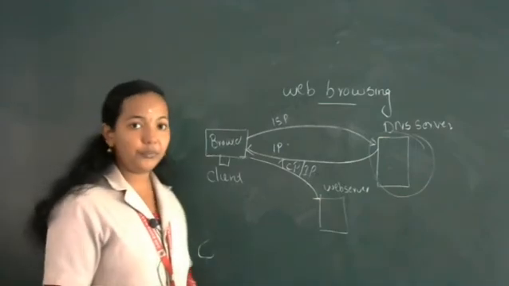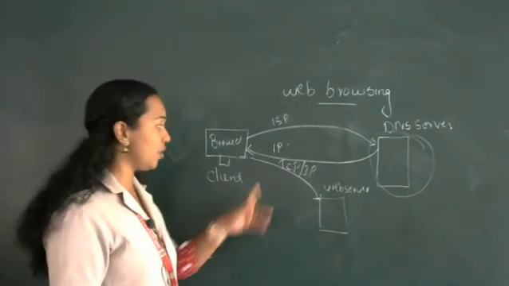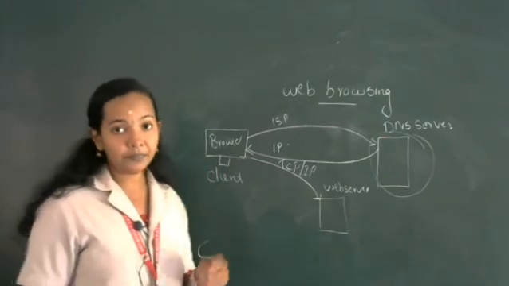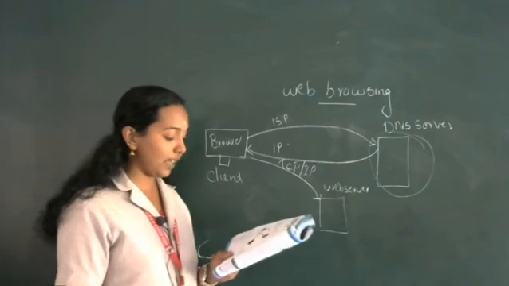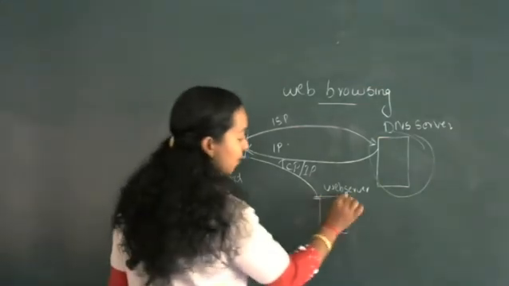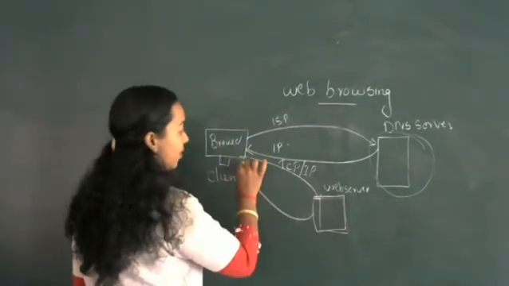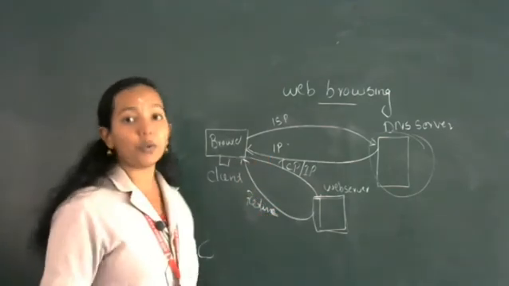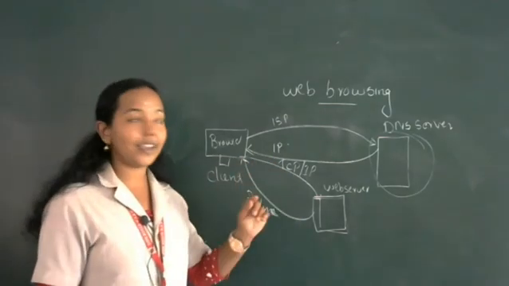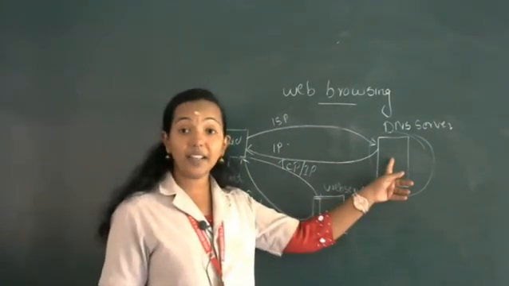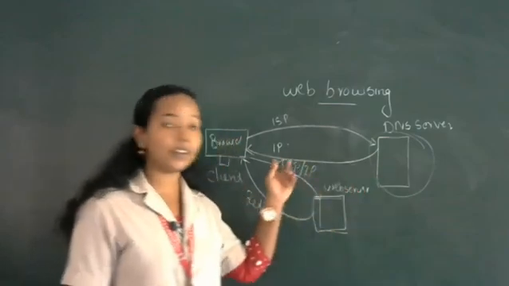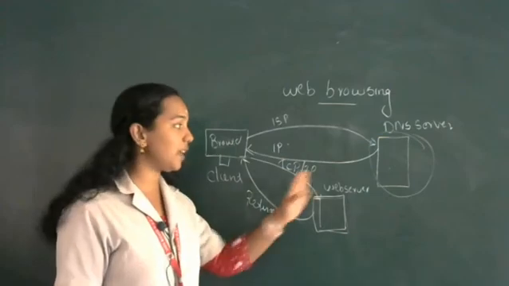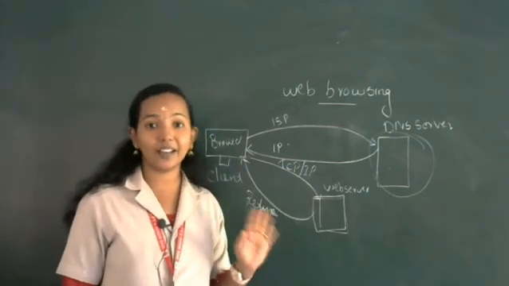That means if it is dhse.kerala.gov.in, that connection will be sent to the web server. Then after that, if the IP address is found by the web server, it returns the file to the browser. If the URL is invalid, then DNS can't identify the corresponding URL and it will return a negative acknowledgement message. Negative acknowledgement message means the data transmission has not taken place.